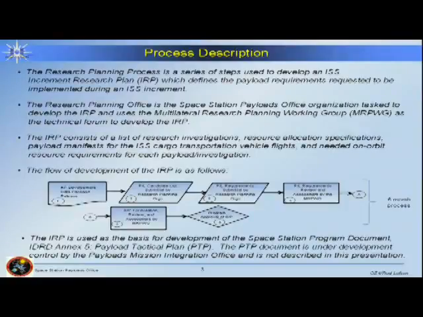Then we go through a process at the MRPWG where we assess those requirements against the allocations that the program has given to us. And we make some judgments and recommendations on whether or not a particular item can fly on a particular flight or needs to be moved to different flights to stay within the allocations that we have. The next step